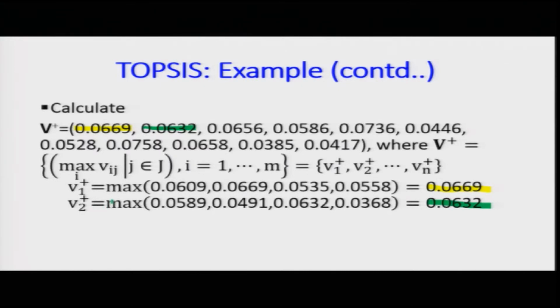Similarly, go to V2 plus, it is the maximum of all these 4 values. So, you have to consider the columns. There are 4 values in each column: the first column is criteria 1 with 4 alternatives, the second column is the second criteria with 4 alternatives. Once you find out, you will have 11 such values, each being the maximum of the 4 values. Remember that, because it can be reversed depending on the concept of normalization you are utilizing.